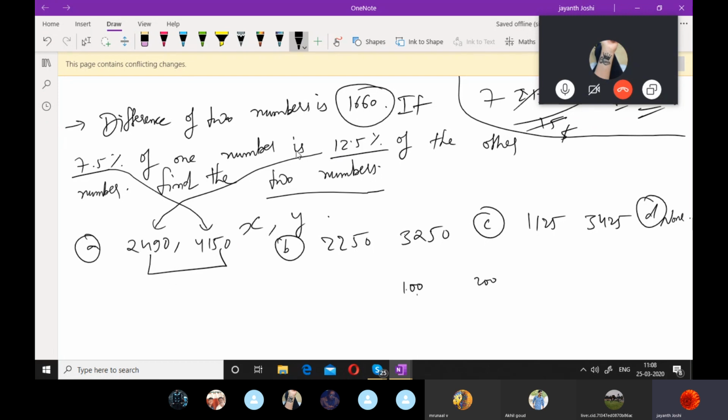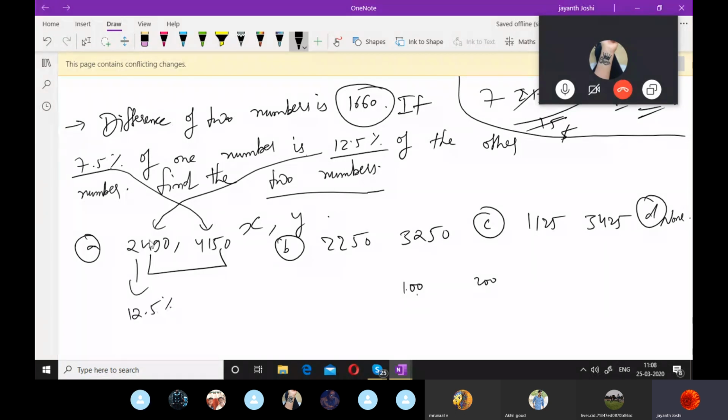There is a difference of 5% between 7.5 and 12.5. So if you take a higher percentage on a smaller number and a lower percentage on a bigger number, the difference will be narrowed down and it will become 0. Okay. Now if you take